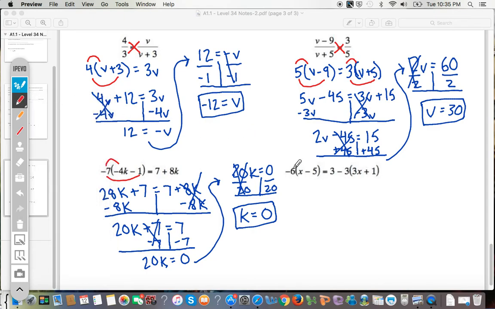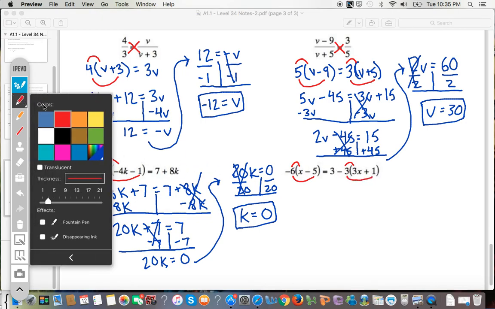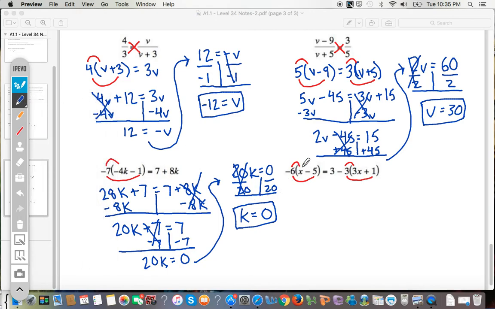Okay, so on this one I have two distributions that need to be made. So, again, not changing my process at all. I'll draw my lines and write my new equation. So I have negative 6 times x, which is negative 6x. And then I have negative 6 times negative 5, which is positive 30, equals